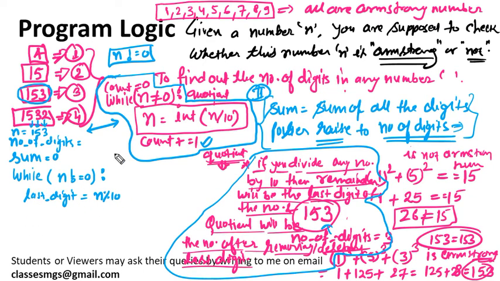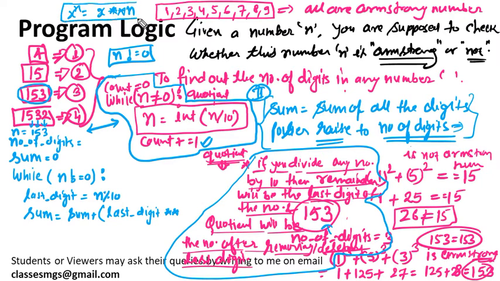Now let's try to calculate the sum. Sum equals to what? Sum plus, we need to find the power raised to the number of digits. So for that purpose, last_digit double star, the power operator. You should know x raised to power n. How to calculate it? x double star n. If you don't know this, then please go and watch the fourth practical, which is related to how to calculate x raised to power n in Python. And then we need number of digits here.